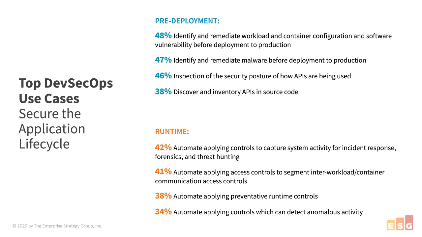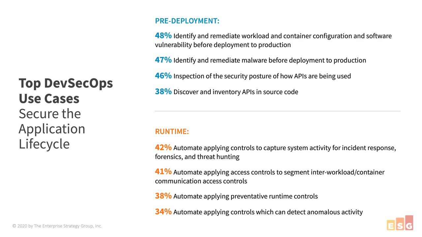Second one is doing access controls. So, either instrumenting host-based firewalls or other microsegmentation controls to be able to control what containers or workloads can talk to each other, obviously implying automating the application of preventative runtime controls. So integrating with your automation and orchestration tools like Chef, Puppet, Ansible or CloudFormation, so as you're pushing to prod, you're automatically deploying cloud workload protection controls that do anti-malware and anti-exploit runtime protection. And then also controls that are looking for anomalous activity: anomalous user activity, process activity, NetFlow, et cetera.